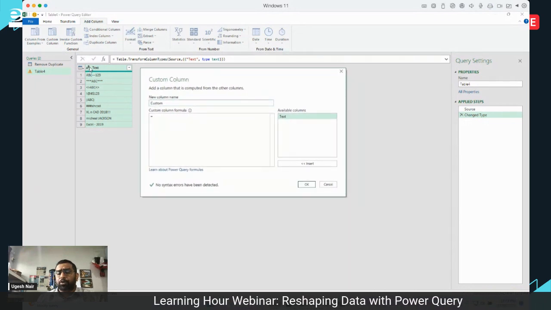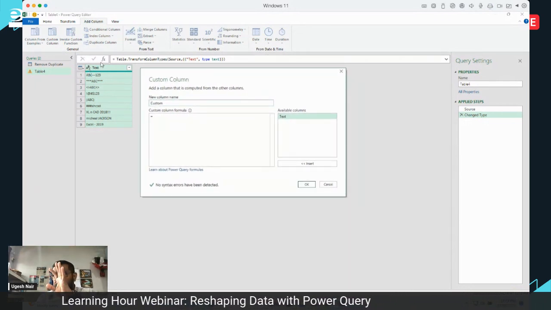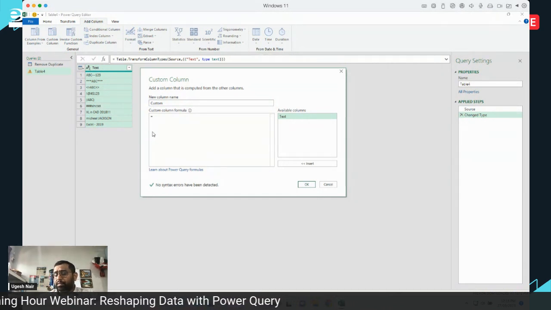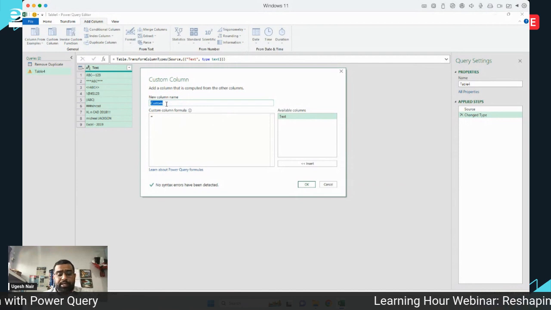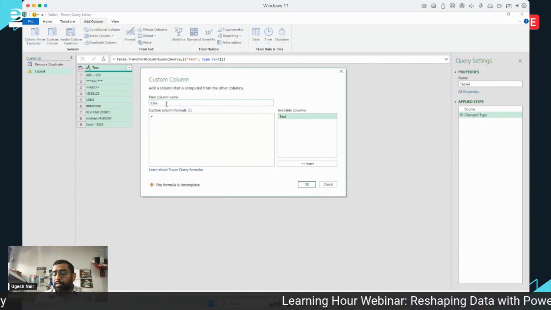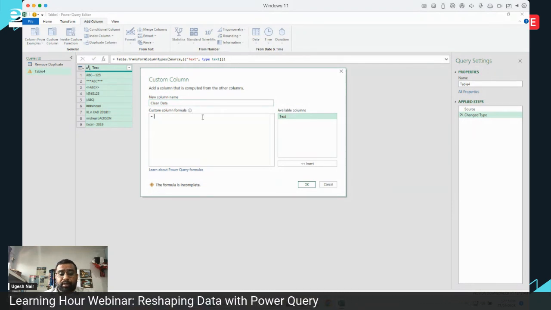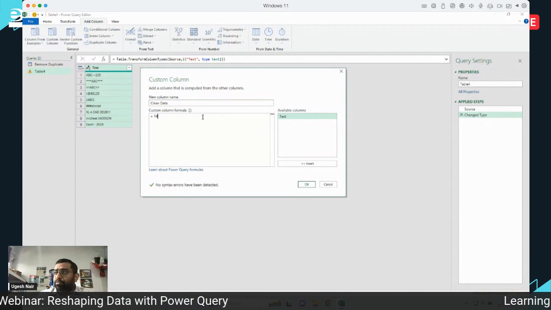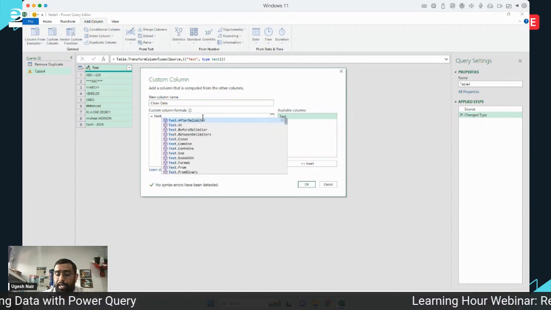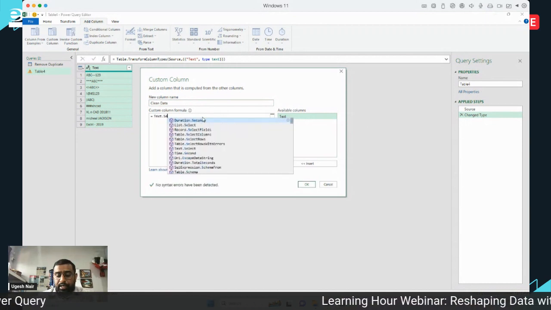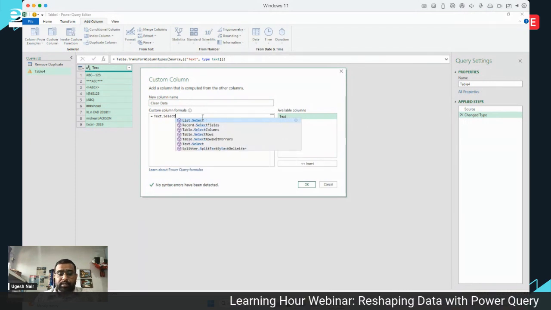What I'm going to do is leave the existing column as it is and create a custom column to show the difference to you. Right. So let's say I call this clean data. Okay, clean data. I'm going to put in a formula: Text.Select,